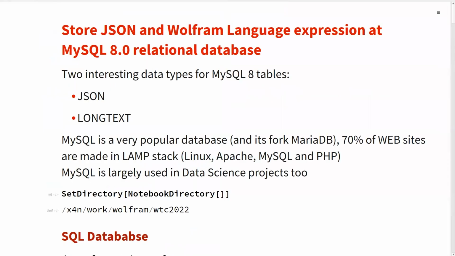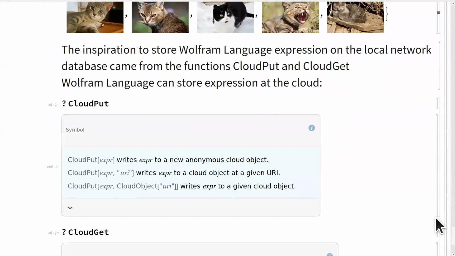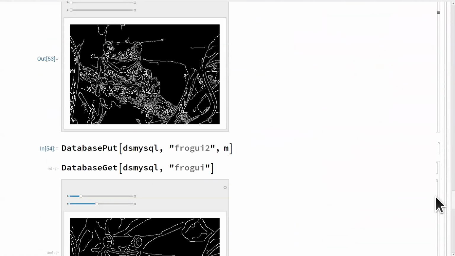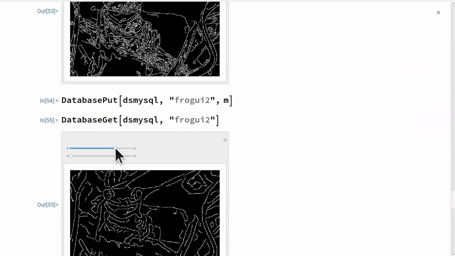I save this manipulate, and very quickly I can get it back. Let me go down again. What is this thing? Oh, here. Okay. 2 here. And so I get it back. Any expression I can save in the database.